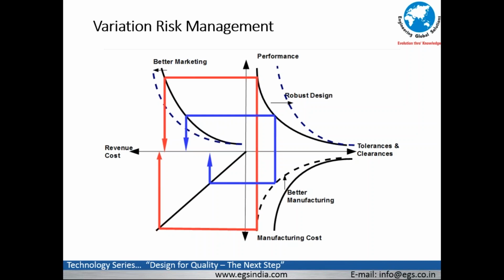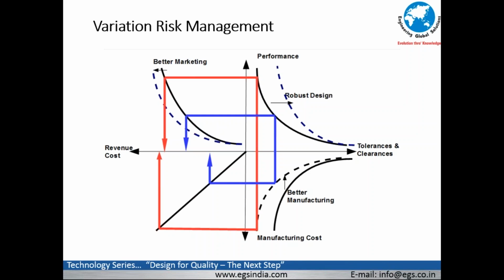As you can see in the robust design process, as the tolerances keep on getting diluted, the performance of the product suffers. So if you look at the red line, you will see from performance, as you come down, as you tighten the tolerance, the manufacturing cost goes up. Because the manufacturing cost goes up, the overall product cost goes up, as you can see on the third quadrant. As you move up to the second quadrant from the first quadrant, you will see for the performance point, the revenue that is coming because of the marketing strategies coming into picture can be seen.